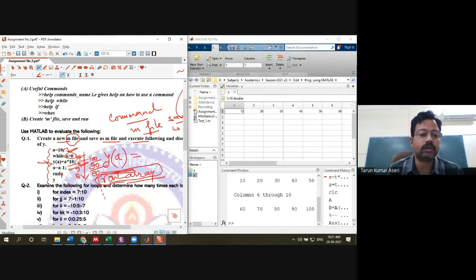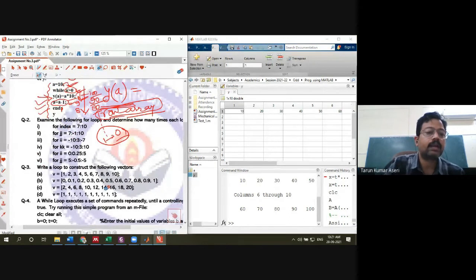So on, it is going to be estimated until a becomes 0, so that finally the loop will close. So the last answer would be 10. So this is how this loop works.